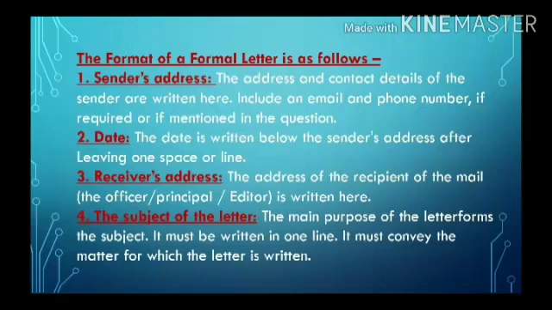You have the subject of the letter. This is the main part of the letter where the reader will understand what you are supposed to write in the letter, what you are supposed to tell him. So looking at the subject, he will guess what the body of the letter or the matter of the letter is. Did you understand this?